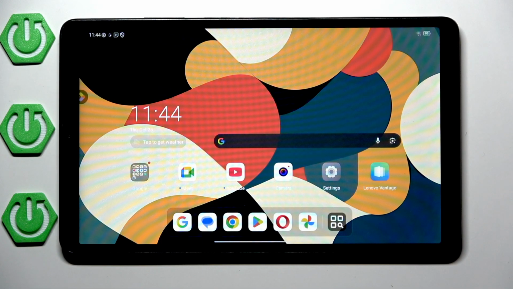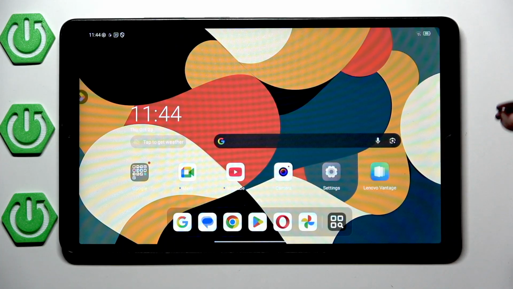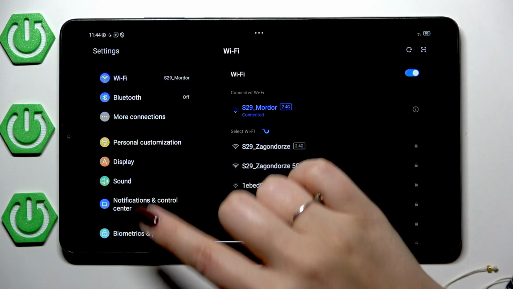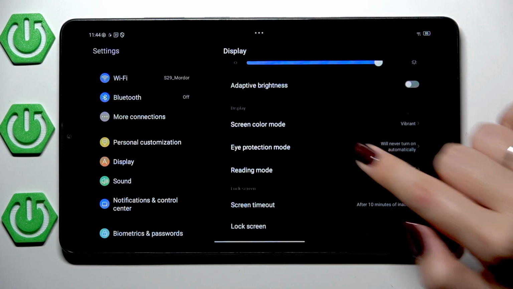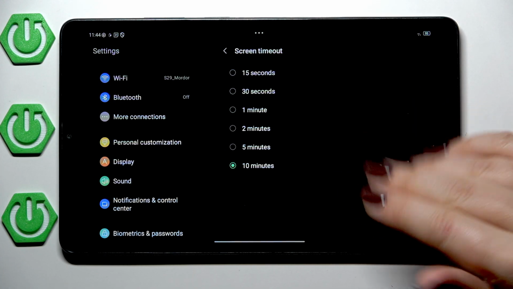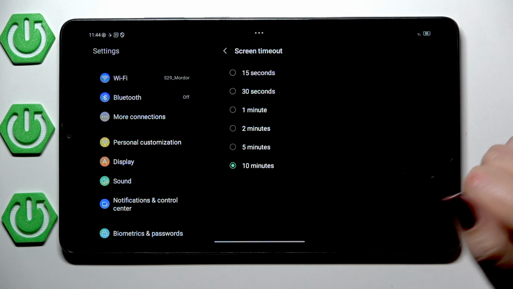So let me start with opening the screen time options and checking whether we've got this option applied or not. So let's open the settings, and here in this left section scroll and find the display. Then let's scroll down and localize the option screen timeout. And as you can see, in my case right now, we've got only 10 minutes option available,